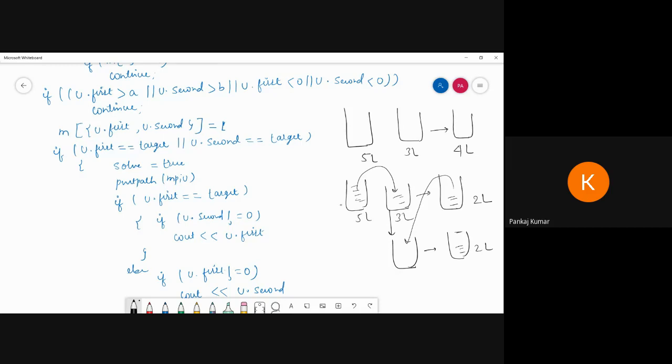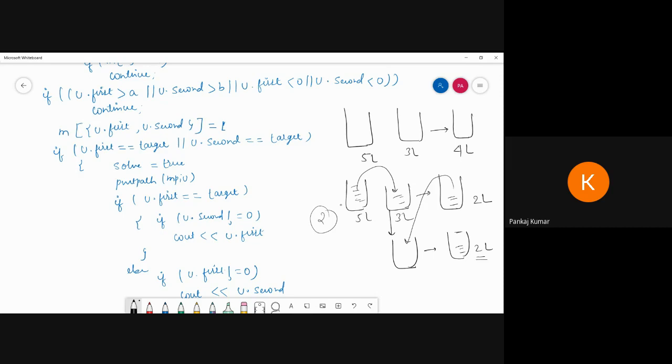Okay, so then what do we have to do? Again we can go for the 5 liter. Now see, this will become 2 liter. So we have to follow this logic: for 5, then here 3, then it can receive here 2 liter. So again 3, it becomes 1.